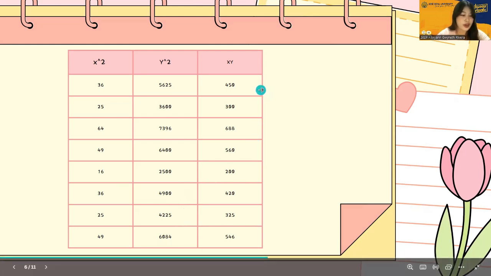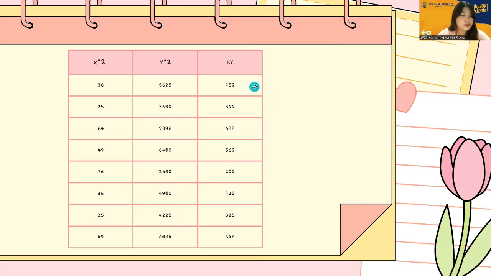Now, how to get XY? We simply multiply X and Y. So first is 6 times 75, which is 450. 5 times 60 is 300. 8 times 85